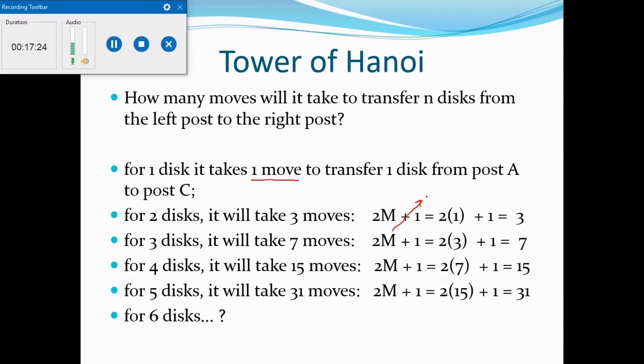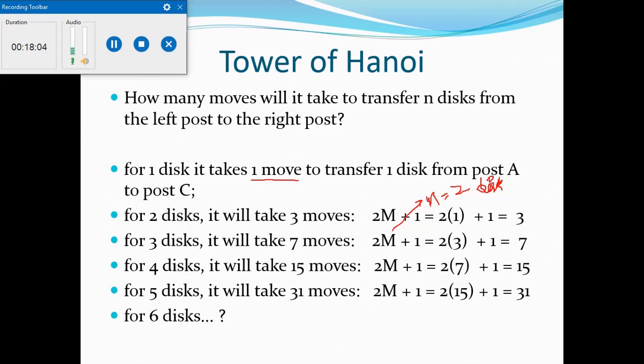Here it should be n is equal to 2 disks. Okay, so it will be read for n is equal to 2 disks. Now for 4 disks, it will be 2m plus 1. It is a recursive call, but every time it needs the answer of the previous movements. For 4, m would be the number of movements for 3 disks. So that is 7. So 2 into 7 plus 1, 15. Similarly, you can continue and calculate.